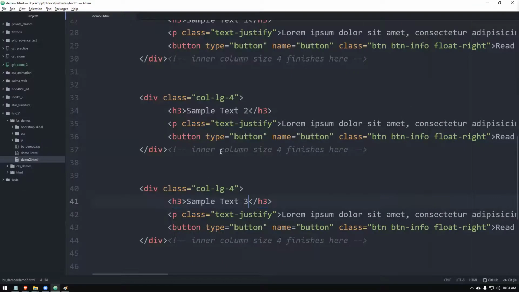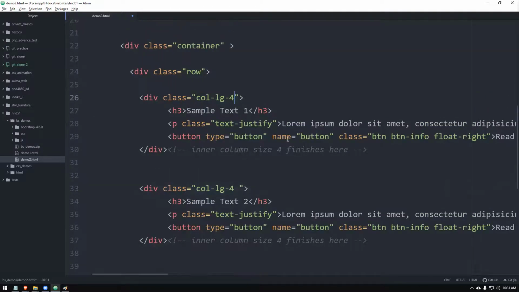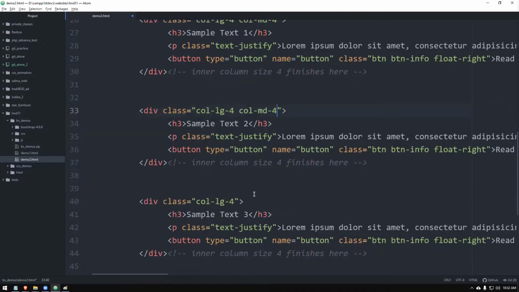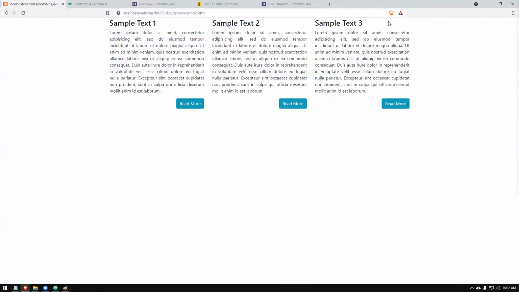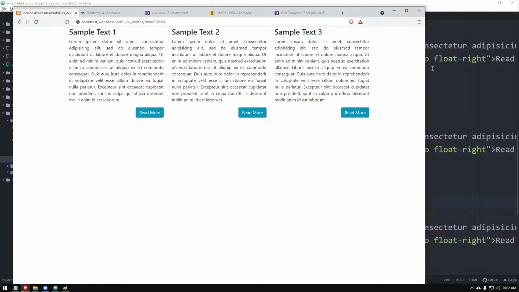So let's say if I give here for all these things, col dash md dash 4, that medium size also should maintain 4 columns. Let's try that. Usually we give this one. So let's reload this. I have a large screen anyway. Let's try resizing it. So it's staying. Can you see, earlier it went collapsing at this stage. Now when you come to this size only, it is collapsing, right?